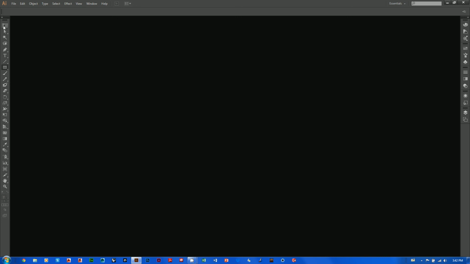But the very first tool in the toolbar is called the selection tool. If I hover over it, I get a little drop down that tells me the name of it. Also, in parentheses, there's a capital V, and that tells me that if I press capital V, it will automatically activate that tool. It's a hotkey. You don't have to mess around with hotkeys. It's a lot easier to just go over here and grab this selection tool. So when I grab that,